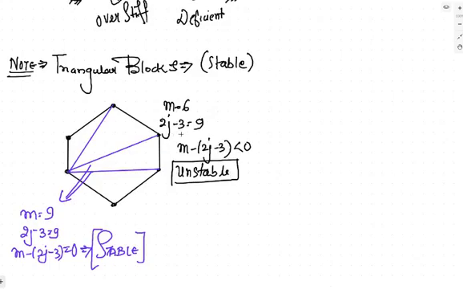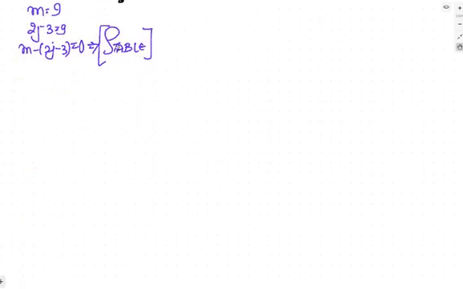Keep this much in mind. It means that now you have calculated the external stability as well as the internal stability. Now you know that stability can be of two types, external or internal. Then it comes to overall stability. What does overall stability mean? The structure should be internally